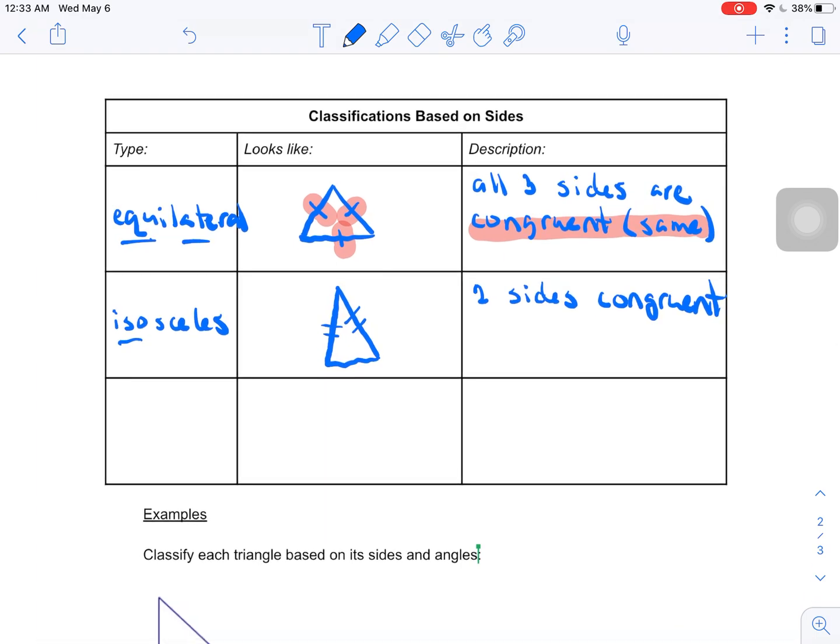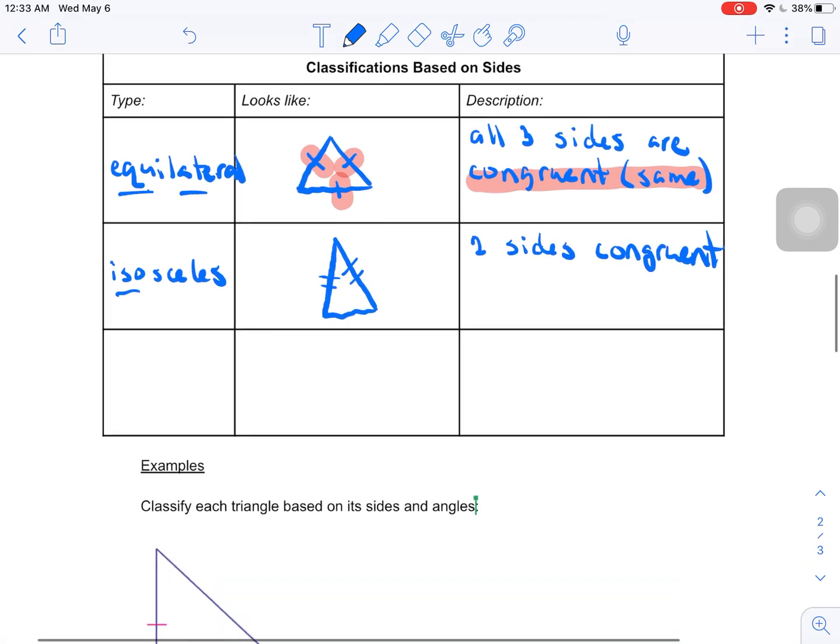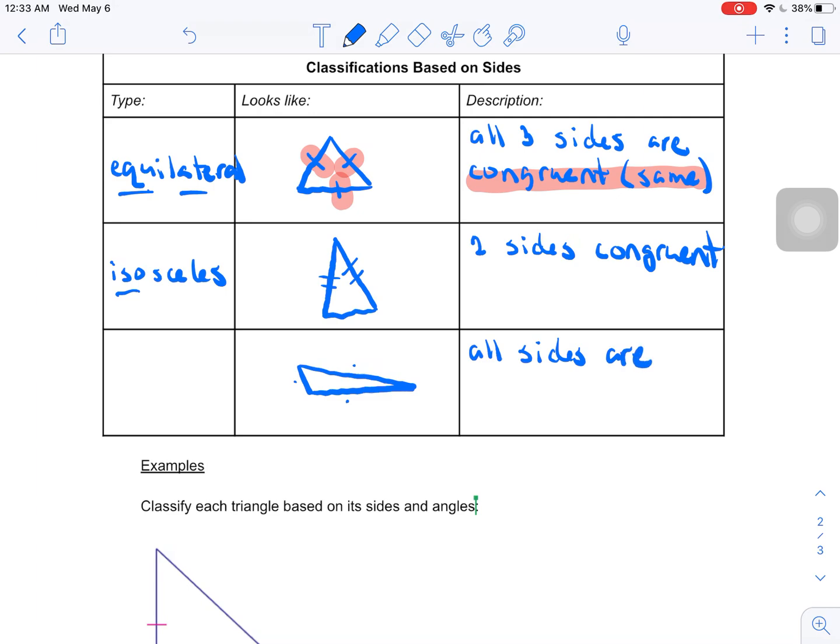So we can have all 3 sides the same. We can have 2 of the 3 sides the same. The last one that we could have is if we have all 3 sides different lengths. So maybe we might have something like this. We've got a short side, a medium side, and then a longer side. So this one, all sides are different lengths. So if all the sides are different lengths, then we end up with a